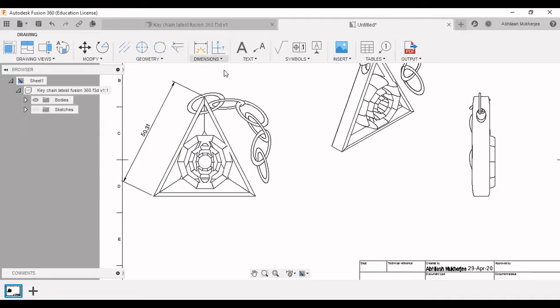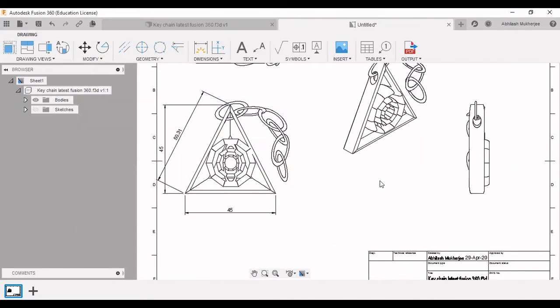And then comes the linear dimension. Linear dimensions are for straight lines, like between these two points we want to measure the distance, so this is the distance about this. And then there is this vertical distance between these two points. If you want to measure, we can measure like this, these two distances.